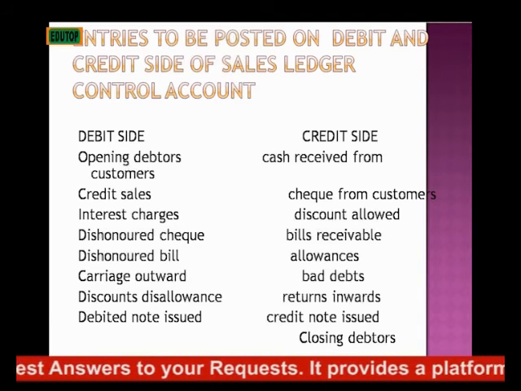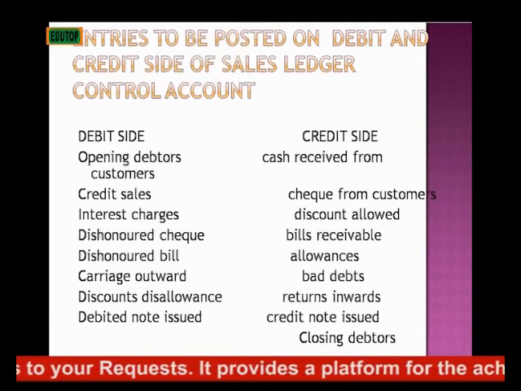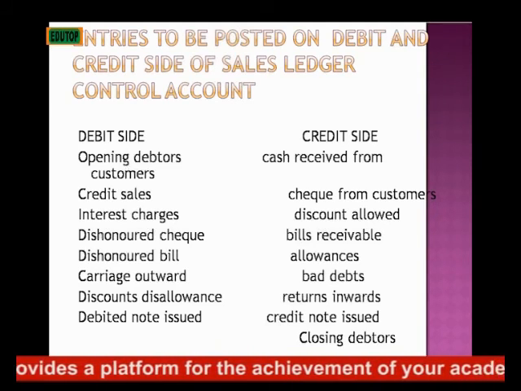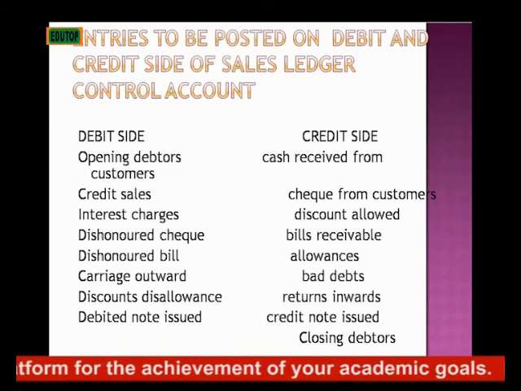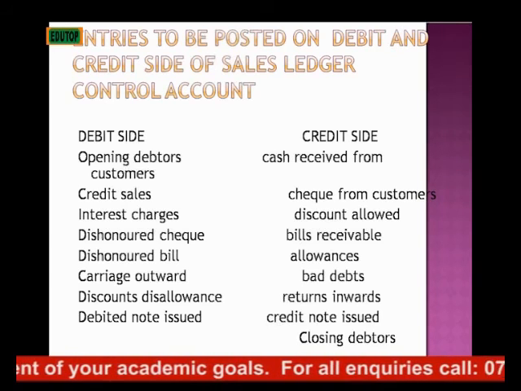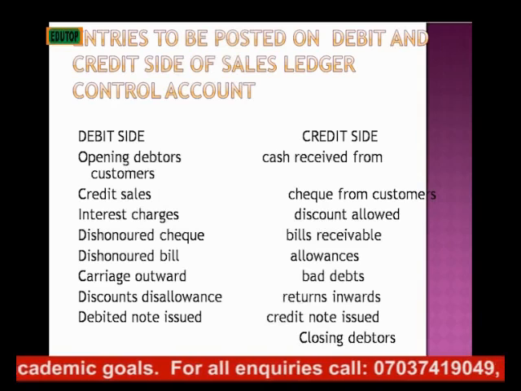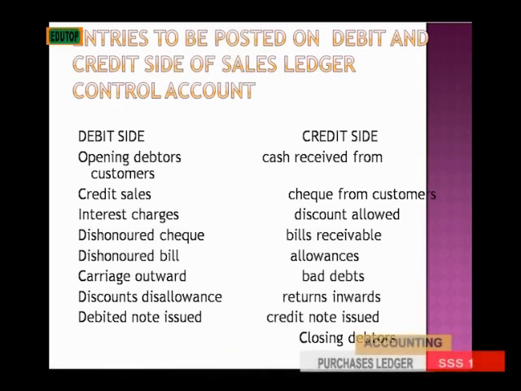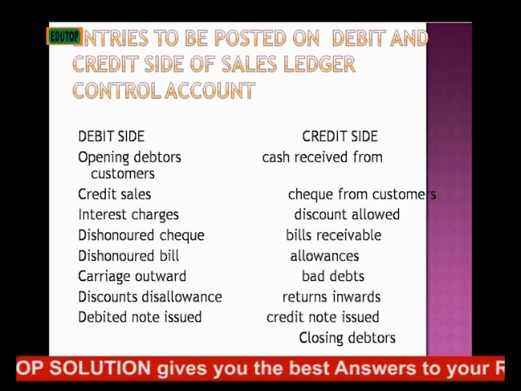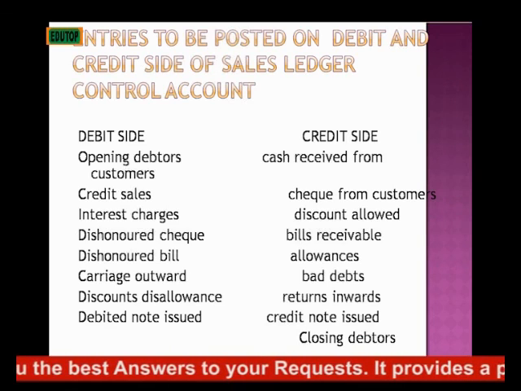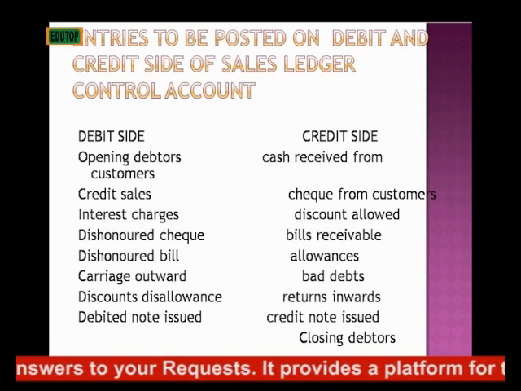Then on the credit side, it is an adjustment account. You can also call it a memorandum account. So it's like you are adjusting. The debit side shows the things that your customers owe you, and the credit side is when they pay you, which reduces their debtors. So after they must have paid out of the bills, out of what they owe you, it reduces their debtor, and at the end of the day, you get what we call the closing debtor. You transfer it to another